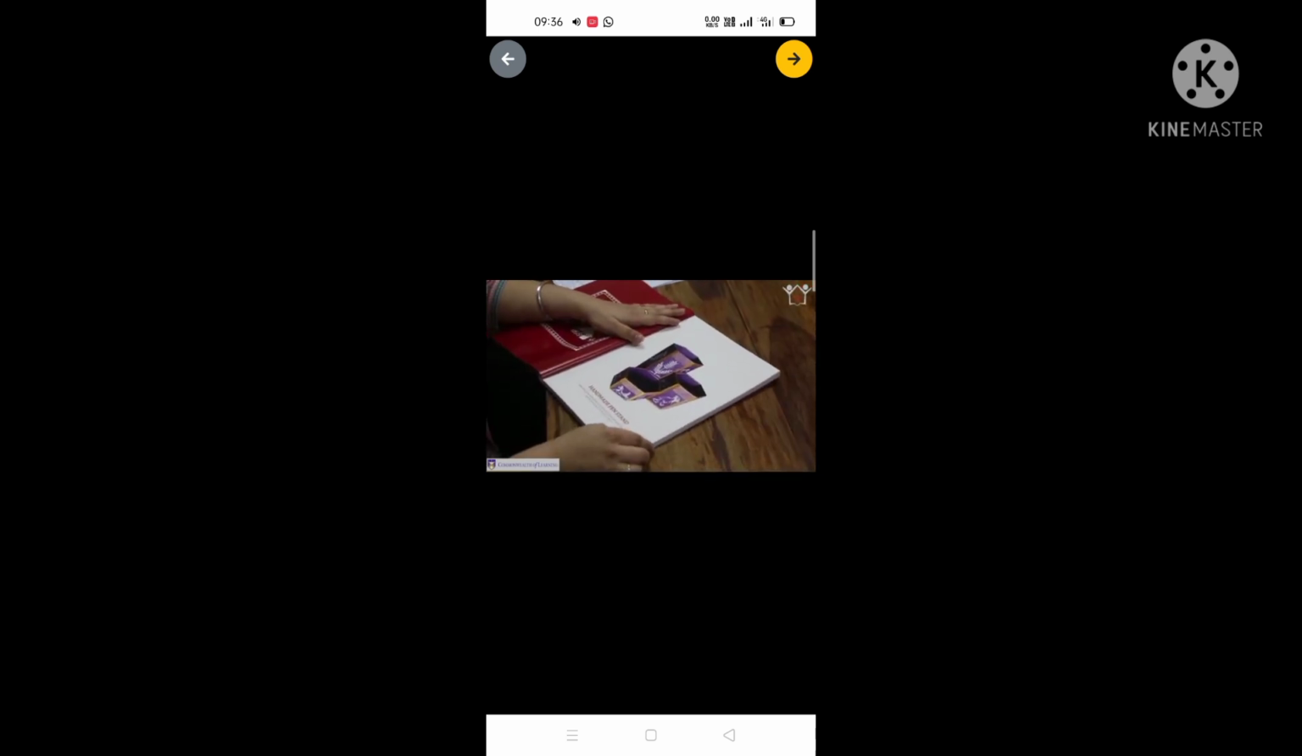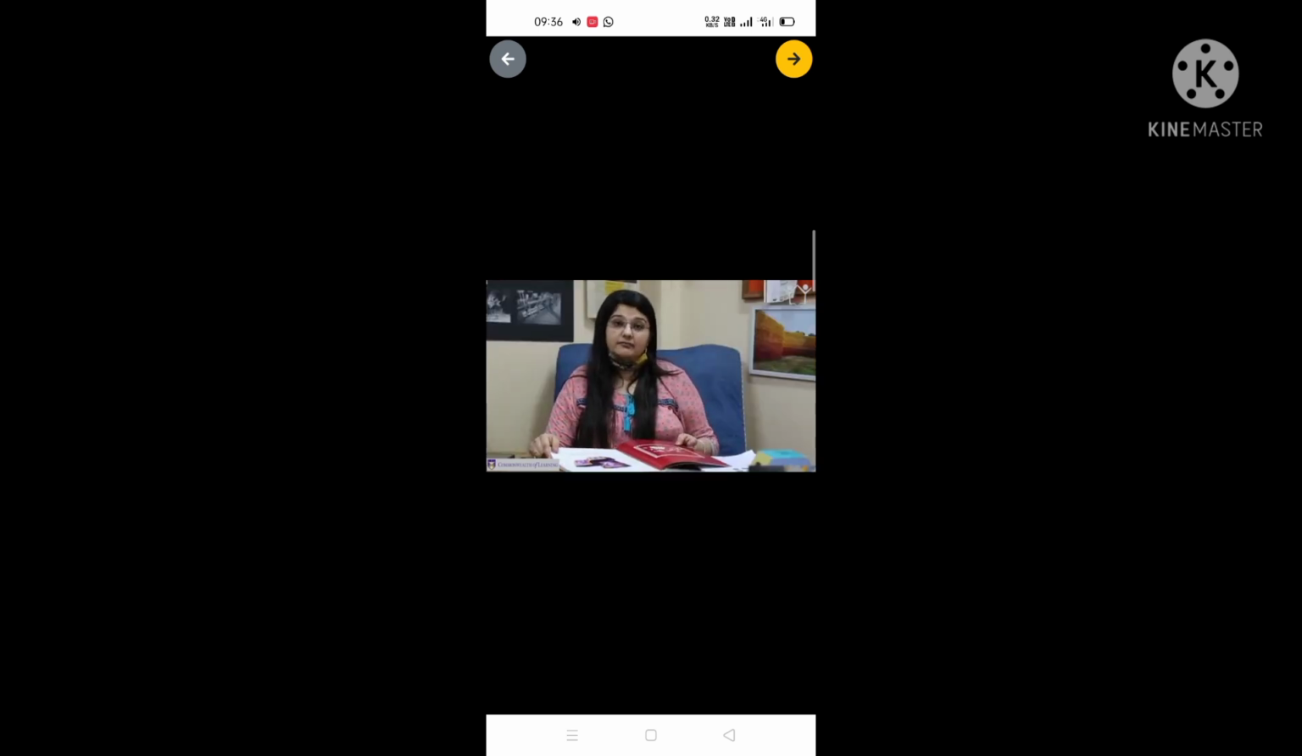Like we should use an appropriate size for the catalog. Like it should be handy enough. If you are showcasing your catalog to the funder or to the sponsor, it should be handy enough and it should be attractive, so that at one go they can just collect the information